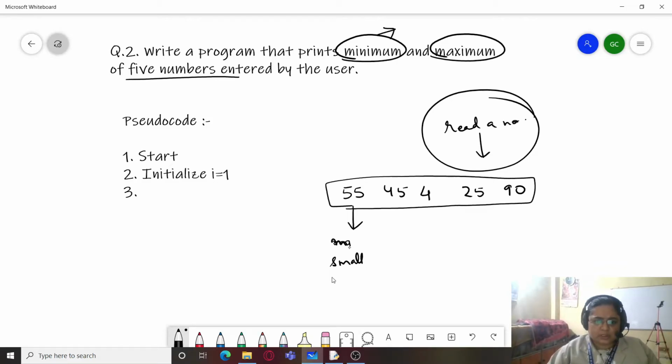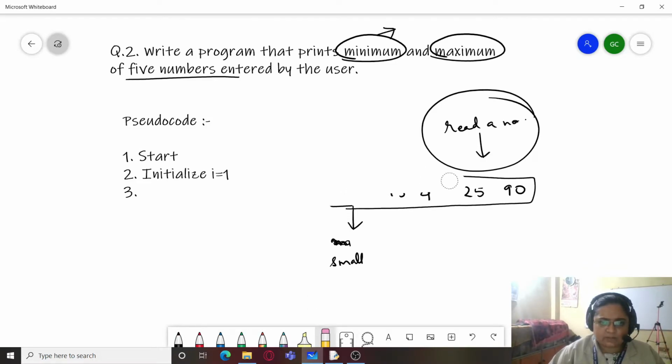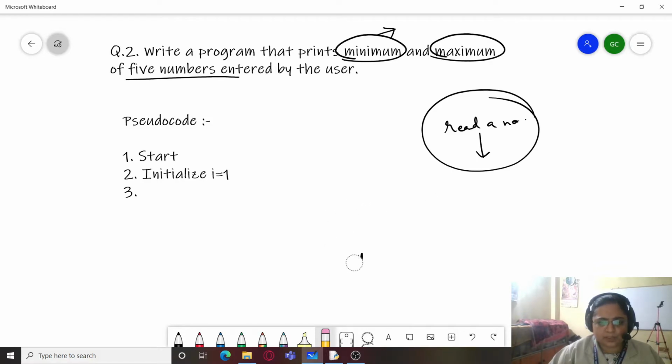Now small is there, and next time we don't know which number would be entered next. What we will be doing is all these values will be asked from the user when the loop executes. So the program will ask for one value from the user and that value will be manipulated.